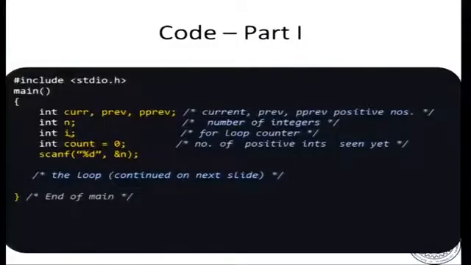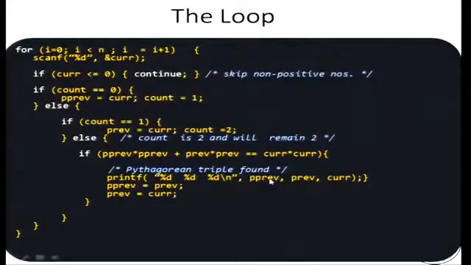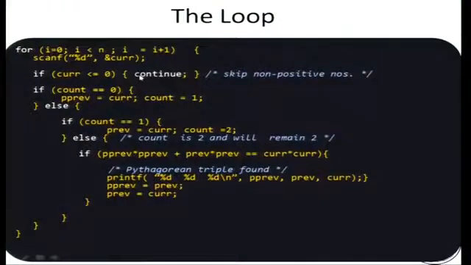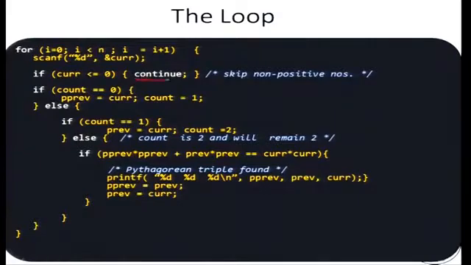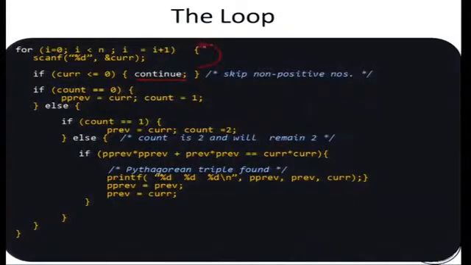Okay. Now a for loop has to go here, which will do most of the work in the code. So let us see what that loop looks like. Okay. So recall what we did by hand. You will look at the current number, which is the next number to read. If the next number is 0 or less than 0, you say continue. Okay. So this is the application of the continue statement here. So if the current number is not positive, you just go on to the next iteration of the loop.